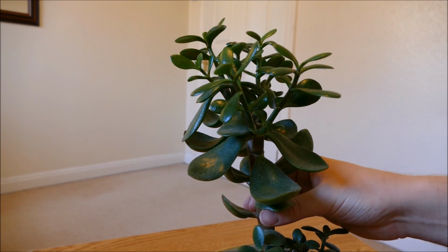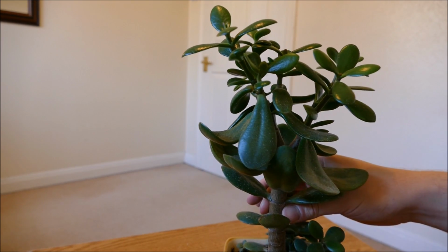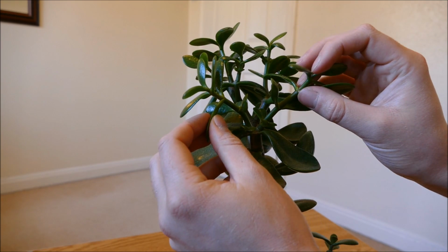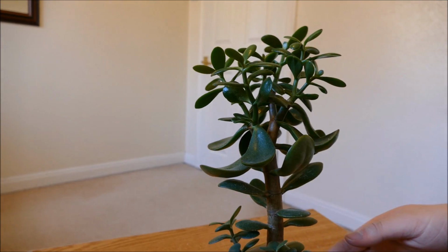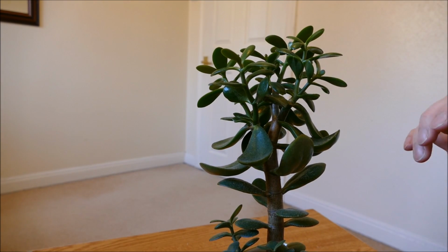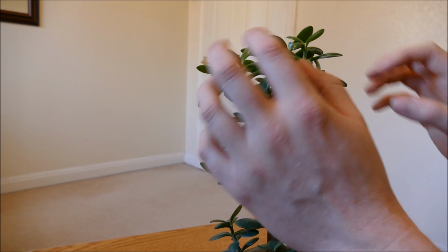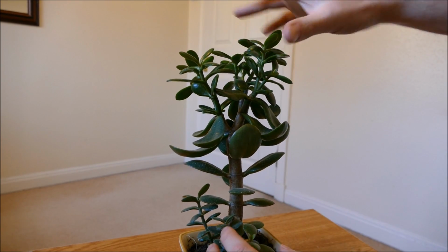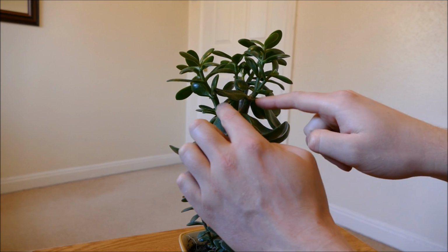But you can see there's definitely a lot more branching, and everywhere I've cut it has sent out new shoots. And apart from one smaller one, they've all sent out 2. So in the future, I'm going to just continue with this kind of regime of pruning. What I'm going to do is let them grow quite long, cut them hard. What that will do is this will get a really nice branch structure, and it should be even and symmetrical